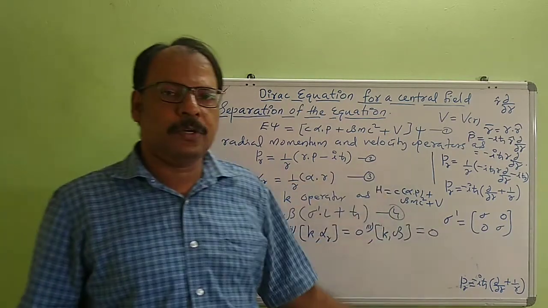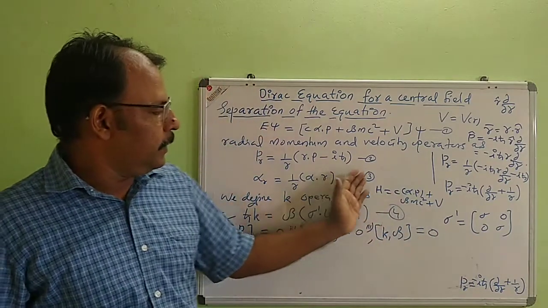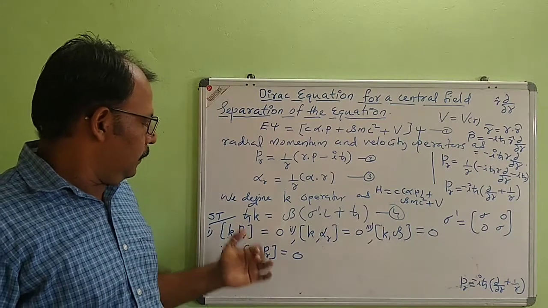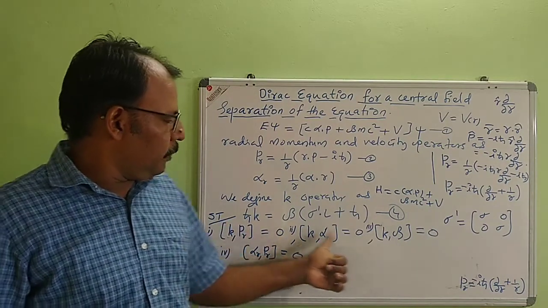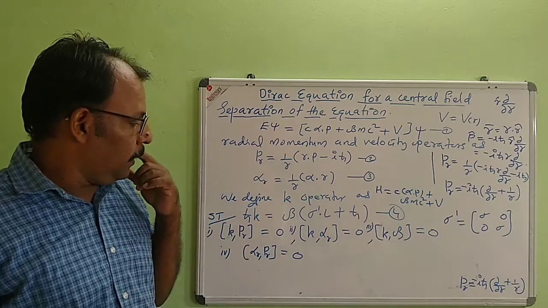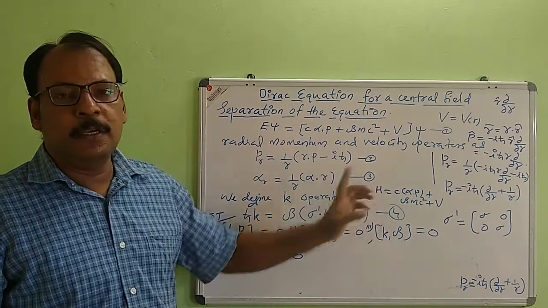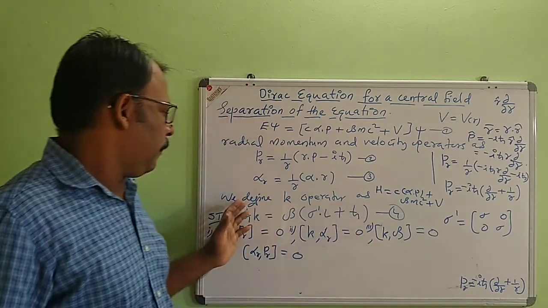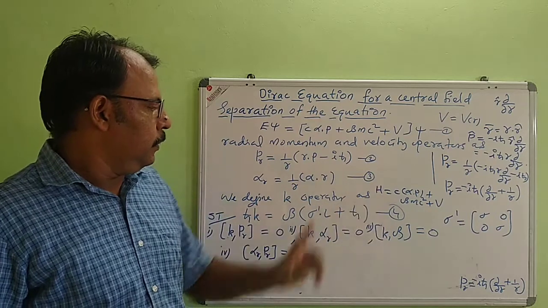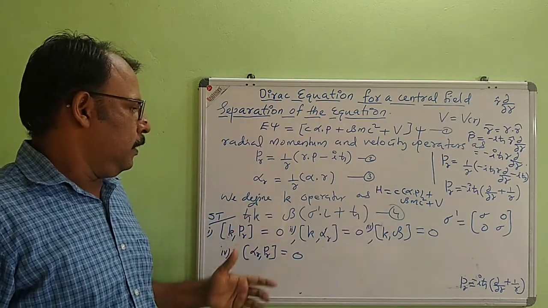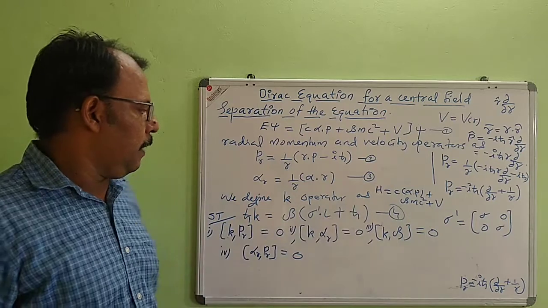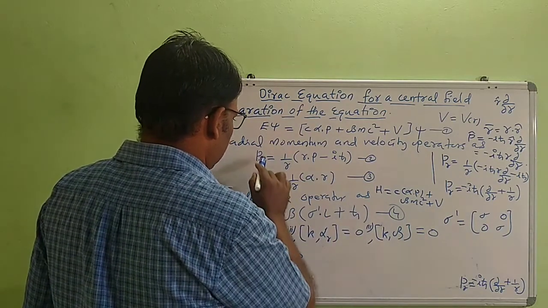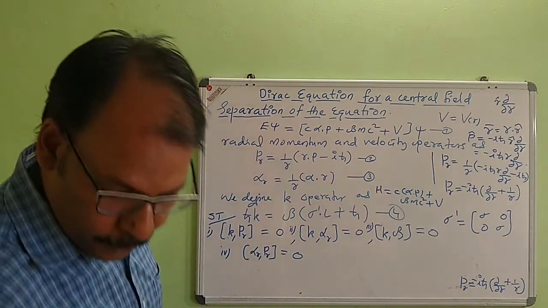We will show it now. If we can represent H in terms of PR, alpha R and beta, and the operator K commutes with all these operators, then naturally the operator K should commute with the Hamiltonian. So we defined a new operator K. That new operator K will commute with the Hamiltonian, and first of all we will represent the Hamiltonian in terms of the newly defined operators PR, alpha R and K. Now we represent that.